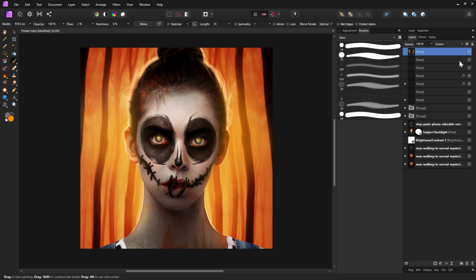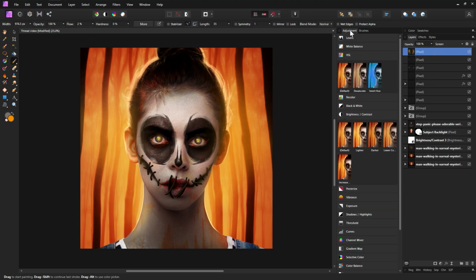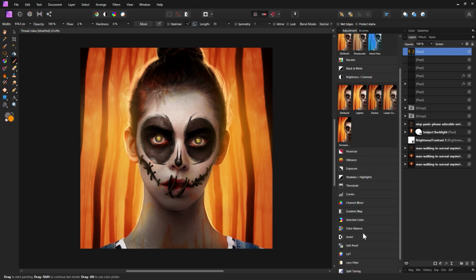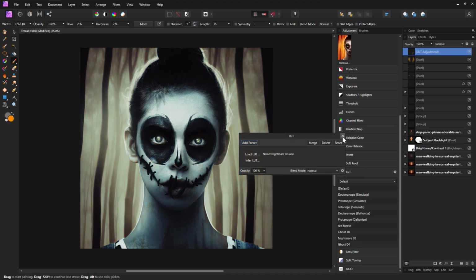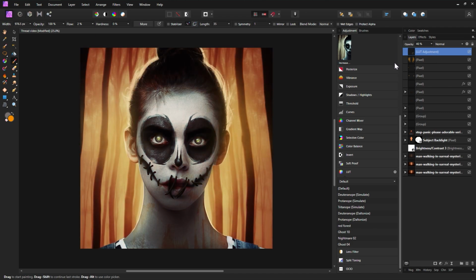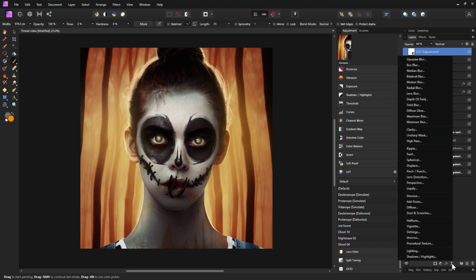And finally, onto our color grade. First, a LUT adjustment set to Nightmare 02. This is from that custom LUT pack from Envato Elements. And you'll also want to bring that down to around 40% opacity. Then a high pass live layer